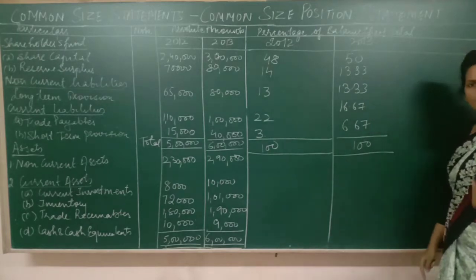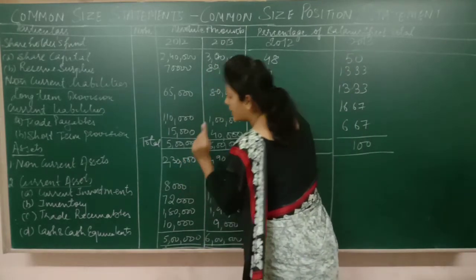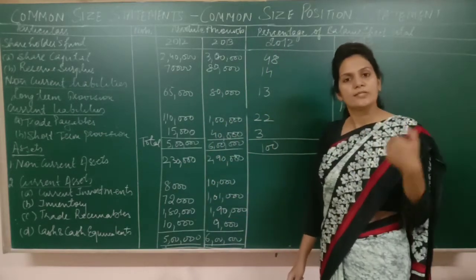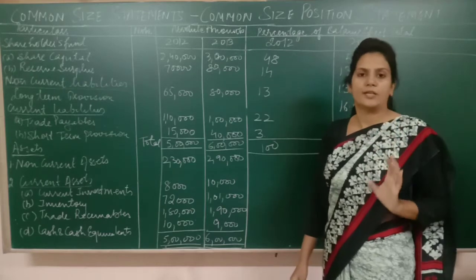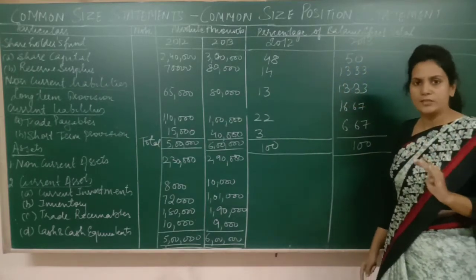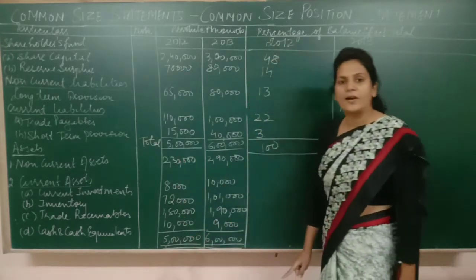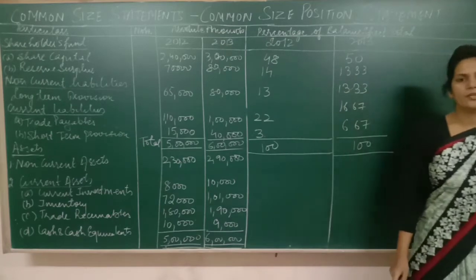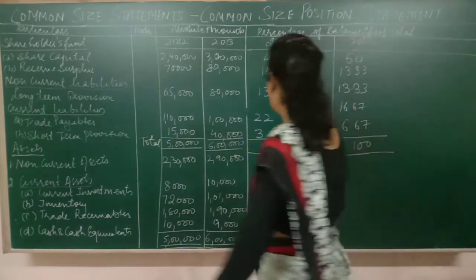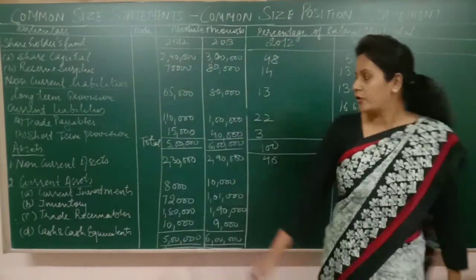Now I'm going to tell you this thing कि total assets में, 5 लाख के total assets में 2,30,000 के जो नॉन करंट एसेट्स हैं उनकी कितनी परसेंटेज है, उनका कितना प्रोपोर्शन है, right? So this way I am going to convert their values in percentages, and the formula would be 2,30,000 upon rupees 5 lakh into 100. That way you have to convert using this formula only. So it would be equal to 46%. Got it? Now check the next.